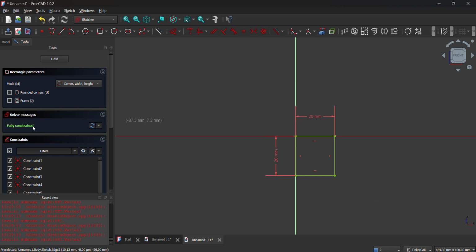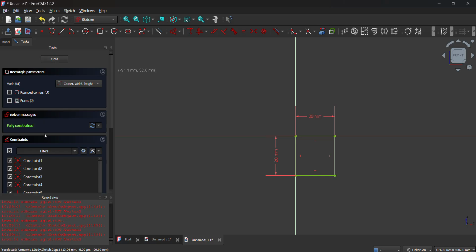Observe that it's already fully constrained because I started my drawing here at the middle or the center of the Cartesian plane, which is 0, 0. So this can no longer be moved up and down or sideward. If you want to fully constrain your first object, you can click here to start your object. If you happen to click somewhere, then you have to make it green first, or fully constrained. So my tip is start at the center so it's fully constrained.